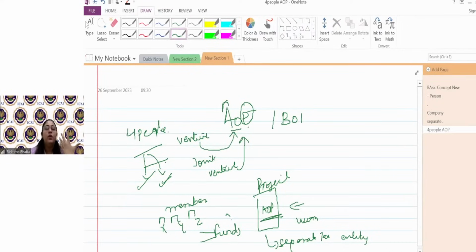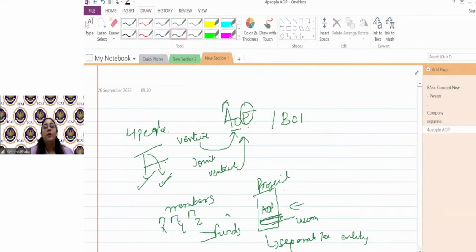But if they're not getting incorporated under any act, they're just coming for a particular venture, for some common purpose, then they are collectively called AOP, and collectively name पे XYZ personally जो कर रहे हैं individual, but collectively name पे whatever they're doing is under the name of AOP, and XYZ would be the members of the AOP. So can I say a company has shareholders, a partnership firm has partners, AOP has members.